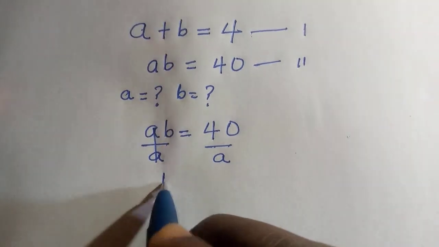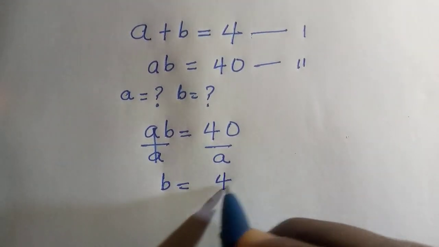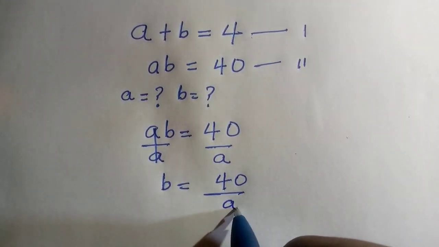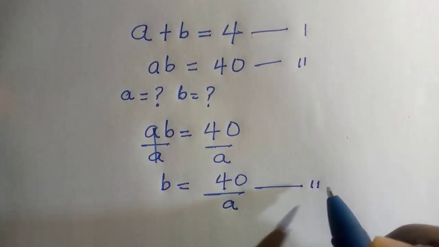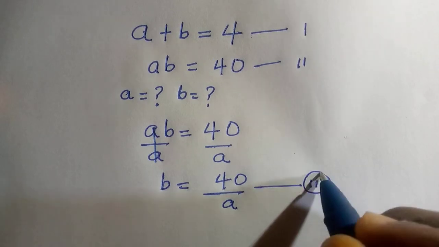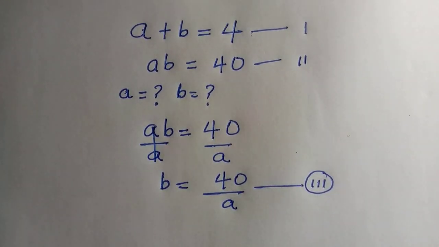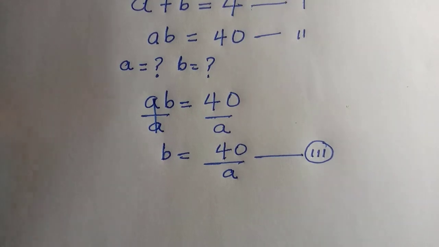Therefore, b equals 40 divided by a, and we call this equation 3. Then we substitute equation 3 into equation 1. Anywhere we see b in equation 1, we replace it with 40 divided by a,